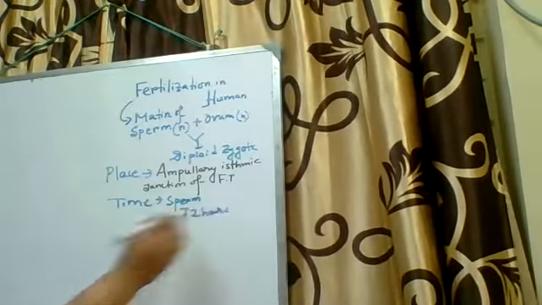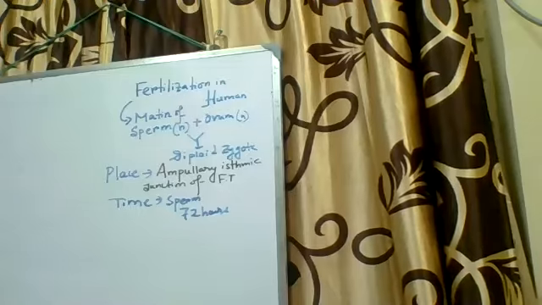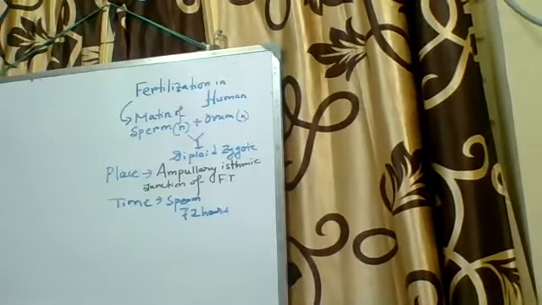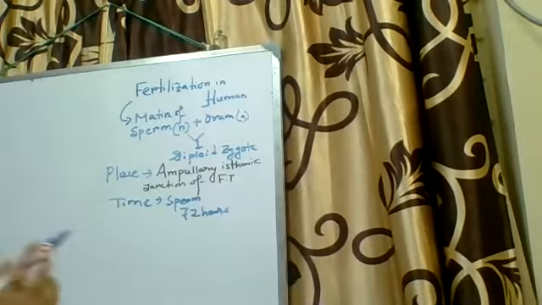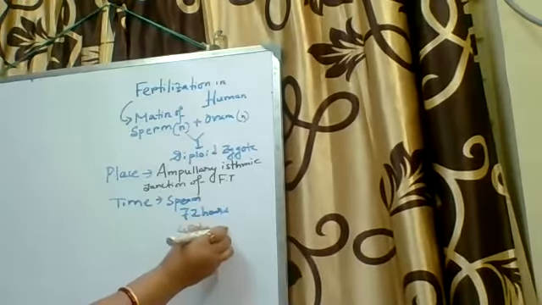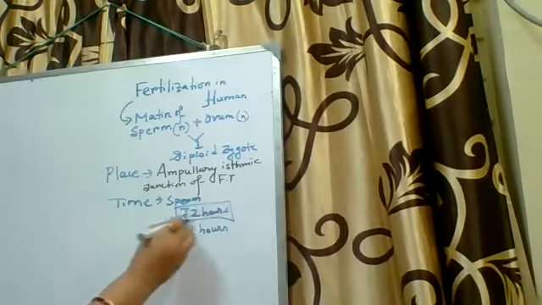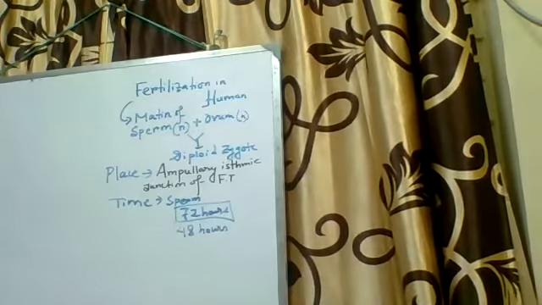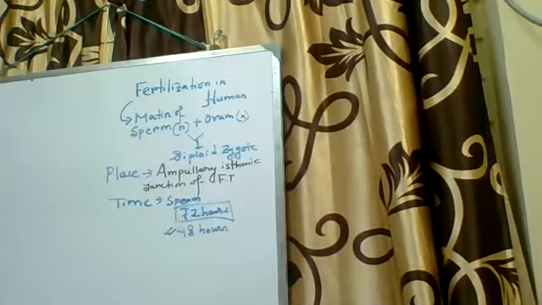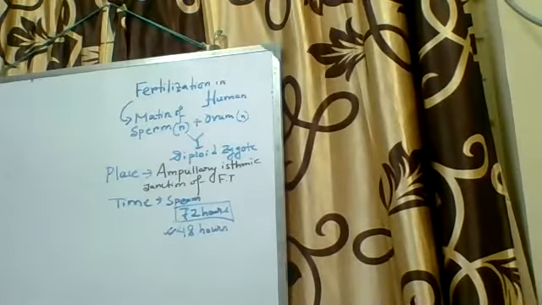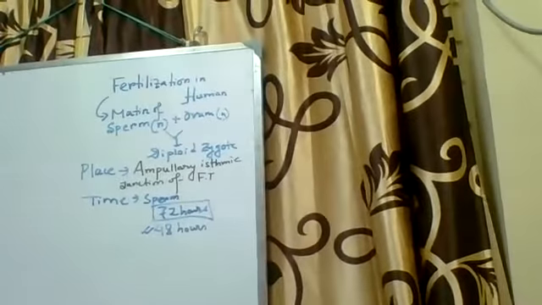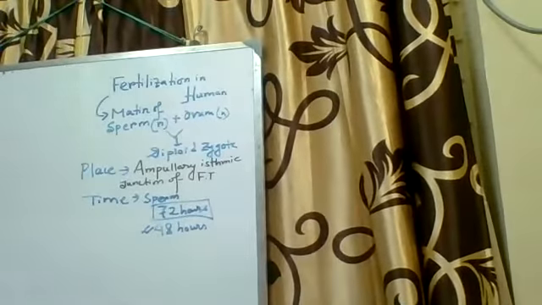The sperm remains active for 72 hours. But the power of fertilization is very reduced, and the power of fertilization remains up to 48 hours. Clear? So it remains active up to 72 hours, but if I consider its power of fertilization, that is 48 hours, whereas for the ovum it is 6 to 7 hours, right? So now we move to